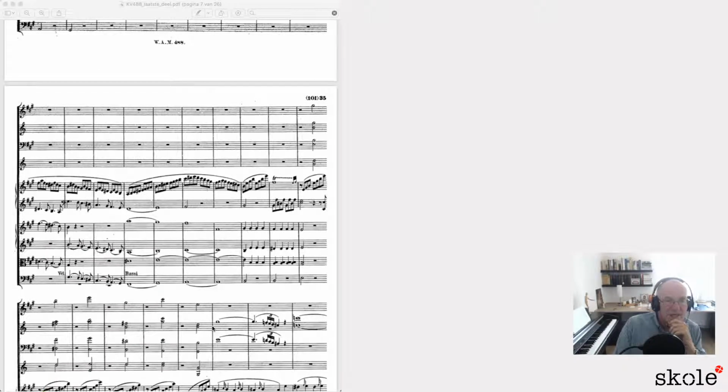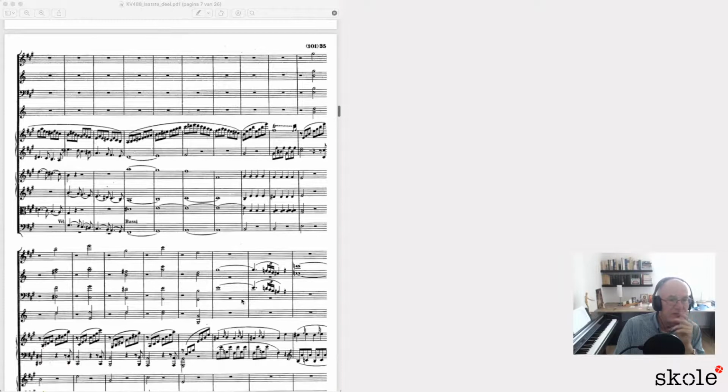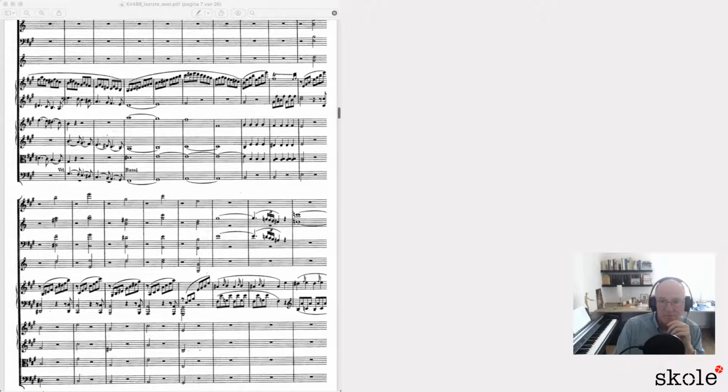Working towards the next cadence. E major. Now in this pattern here,